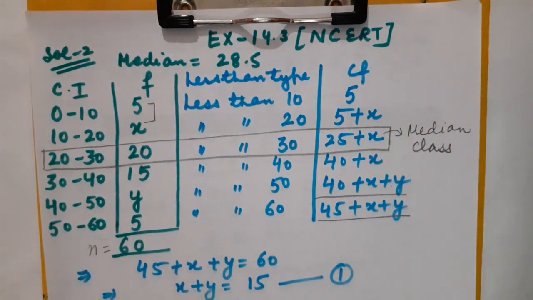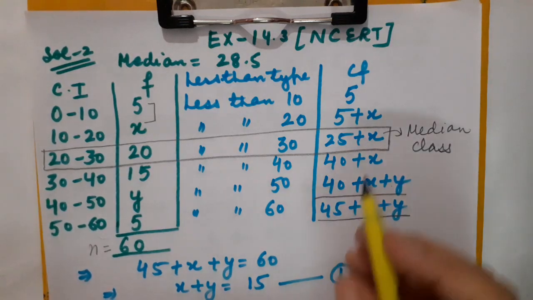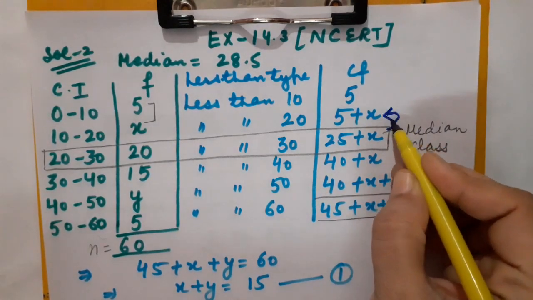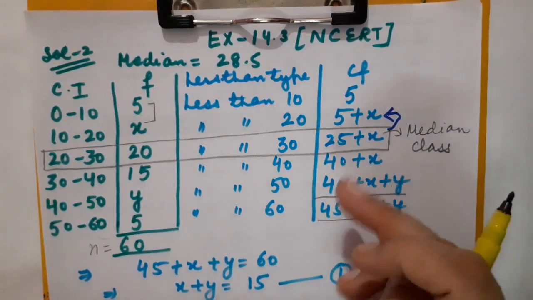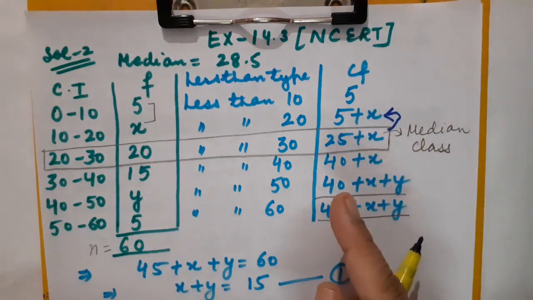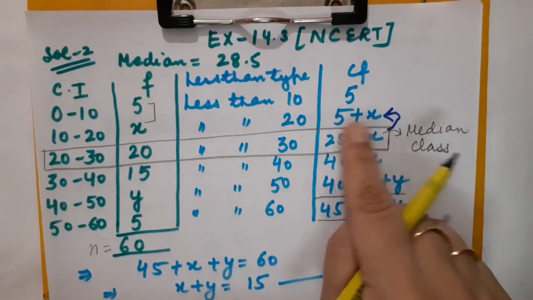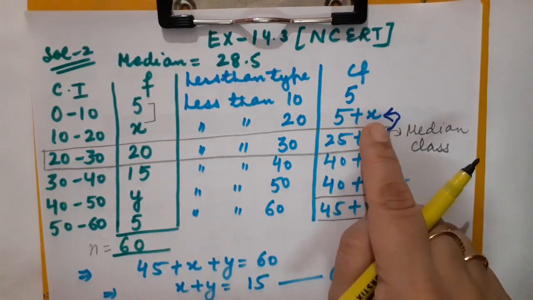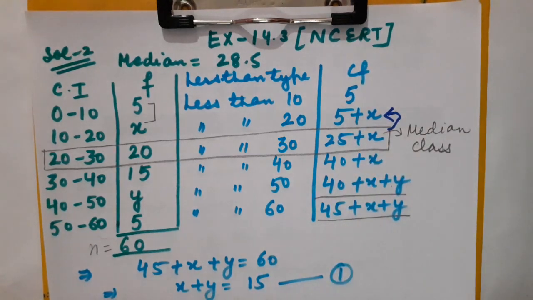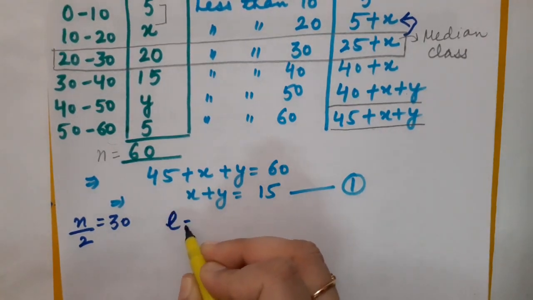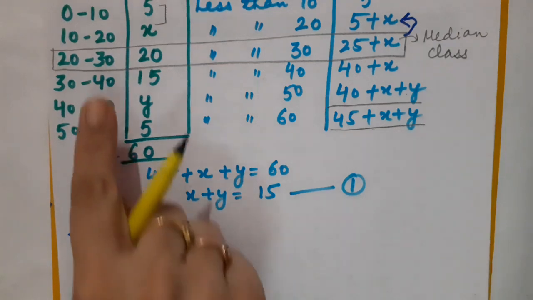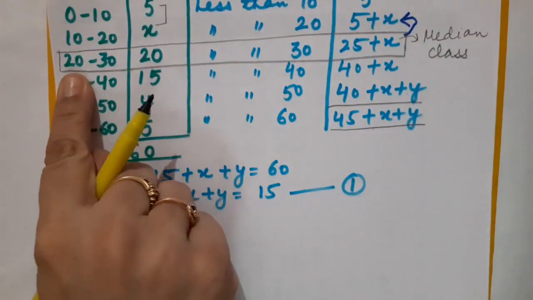Got it? Okay. As I told you that we have to choose that particular cumulative frequency which will be preceding of the median class. So which one is preceding? Means coming just before it. That is 5 plus x. Correct? So in formula, at place of cumulative frequency, you will be writing 5 plus x. Now children, as per the demand of the formula, we want lower limit which is equal to L. And lower limit you are supposed to take of the median class only, means 20.